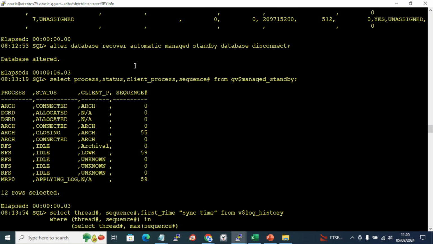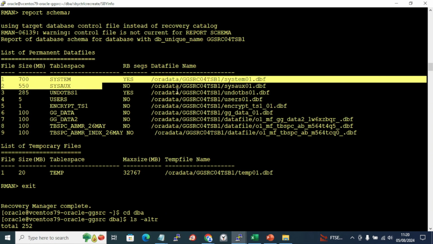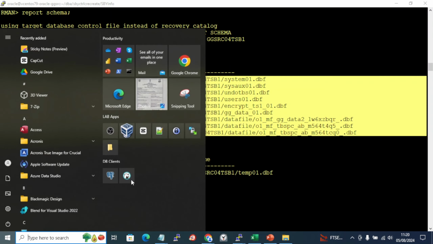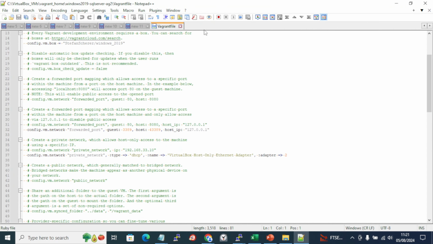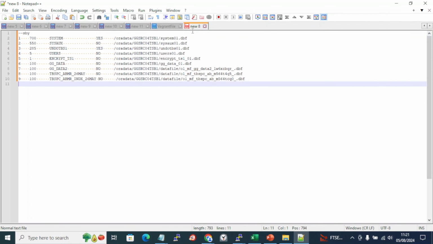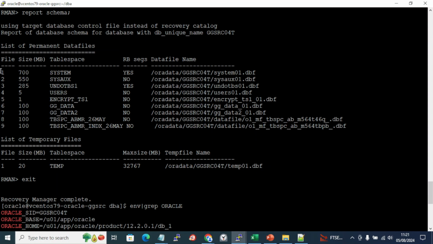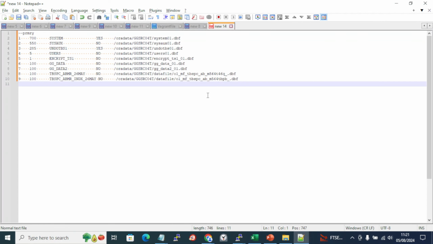Yeah, let's do this. Let's run a comparison between the report command output we got. Let's put it in Notepad++. Right, just give me a minute. This is standby and this is primary. Let's compare it. Now if I do a diff,